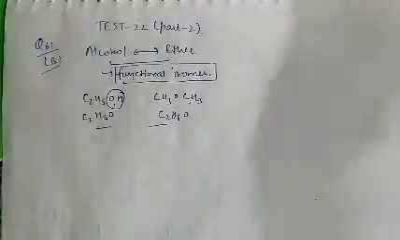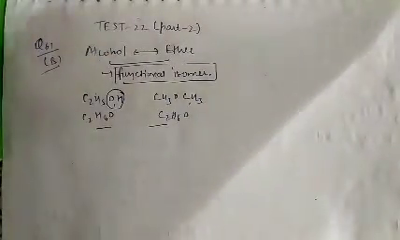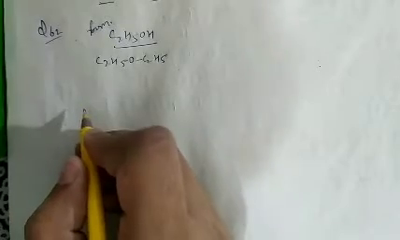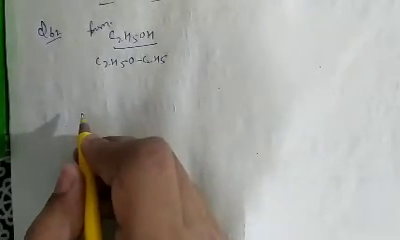See question number 62. In question number 62, what is given there? Question number 62 is formation of diethyl ether from ethanol. Diethyl ether is basically C2H5OC2H5. As we know, when ethanol is in excess,